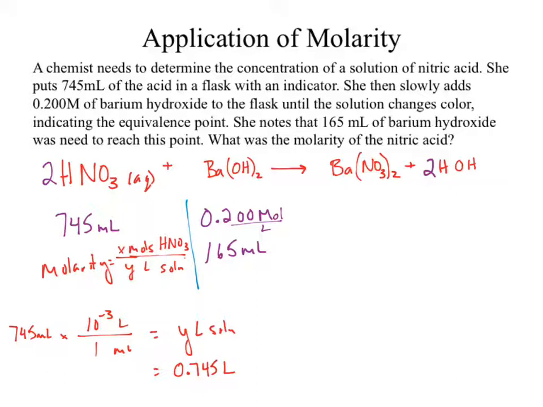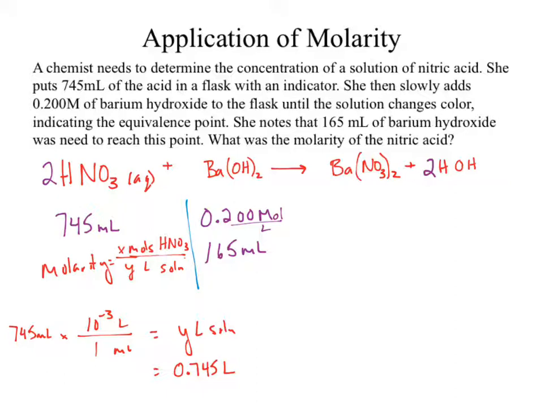Moles of nitric acid. We need to know the moles of nitric acid. This is where the question is going to rely on the balanced equation. The whole setup was that we took that volume of barium hydroxide, 165 milliliters, with that concentration, and we mixed it to react all of our nitric acid. So what we are trying to do is take this sequence of numbers from our barium hydroxide, and